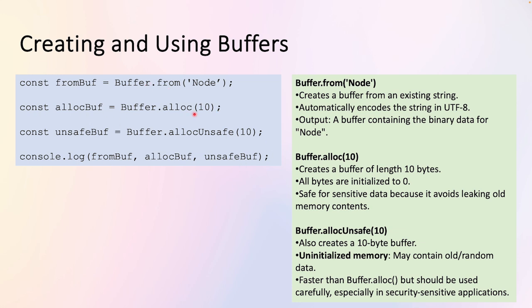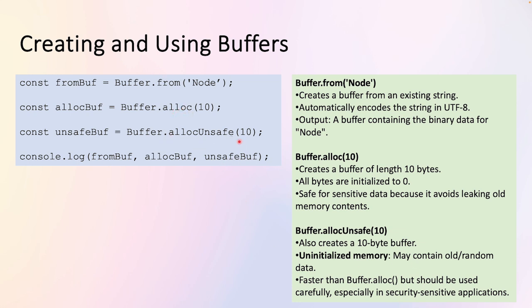Second method, Buffer.alloc. What we are doing is creating a buffer of length 10 and all the bytes are initialized to 0. Here one thing you have to remember: this is safe for sensitive data because it avoids leaking old memory contents. There is another method called allocUnsafe, which is faster than the alloc method, but